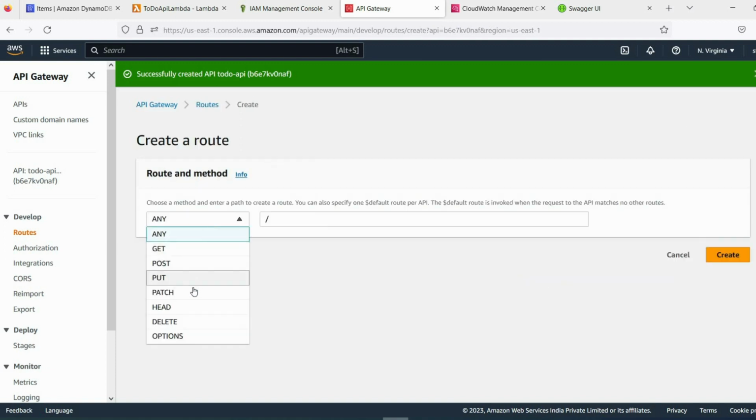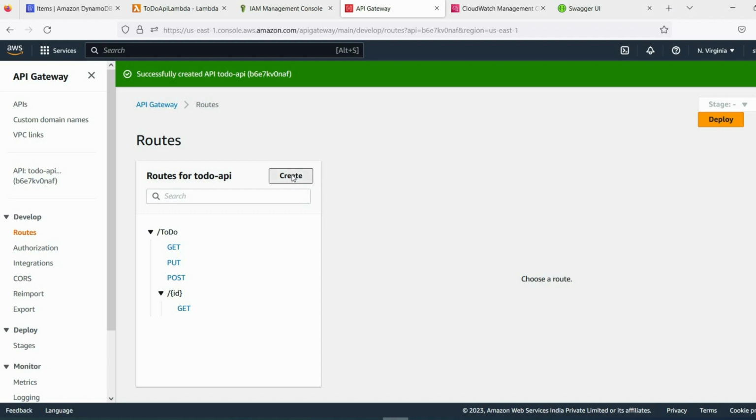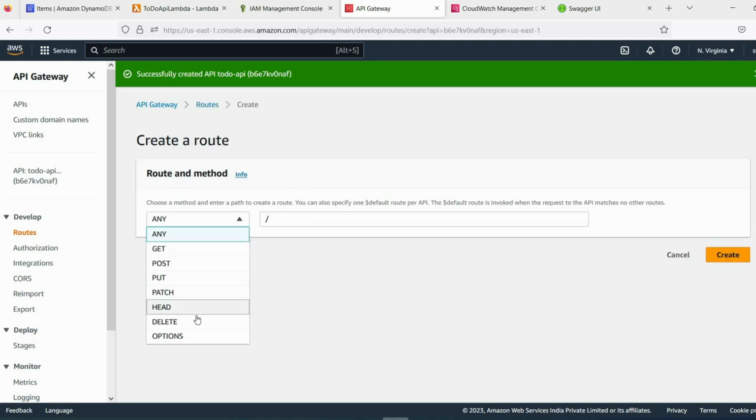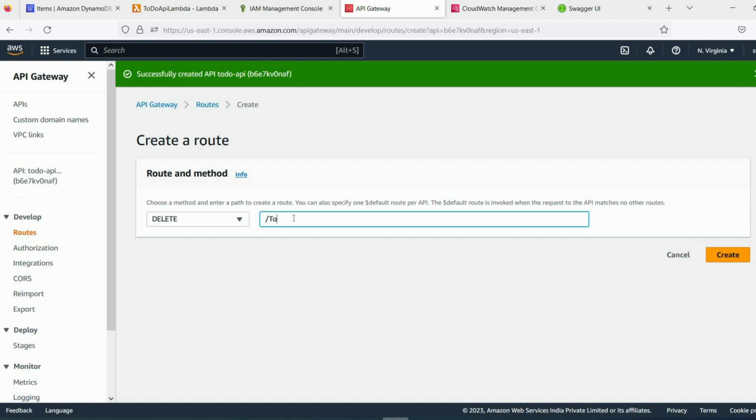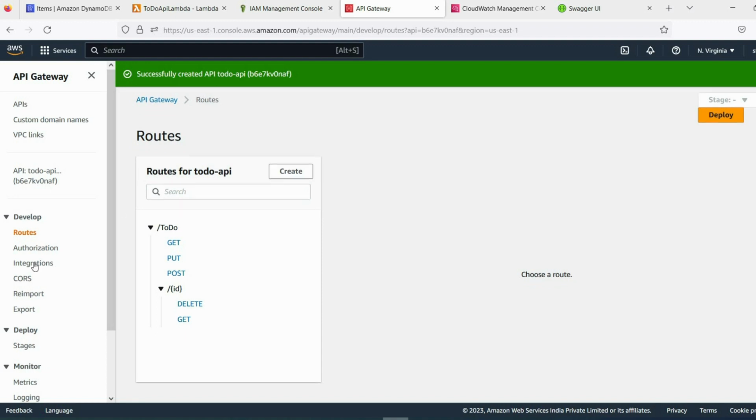And the third route is get, and the first one is for get all, so that will be ToDo only, and one more to get by ID. In that we will receive an input ID dynamically. We can pass dynamic route parameters like this, and then we will have a delete method. That will also receive an input parameter in route parameters. So this is how we can create routes,